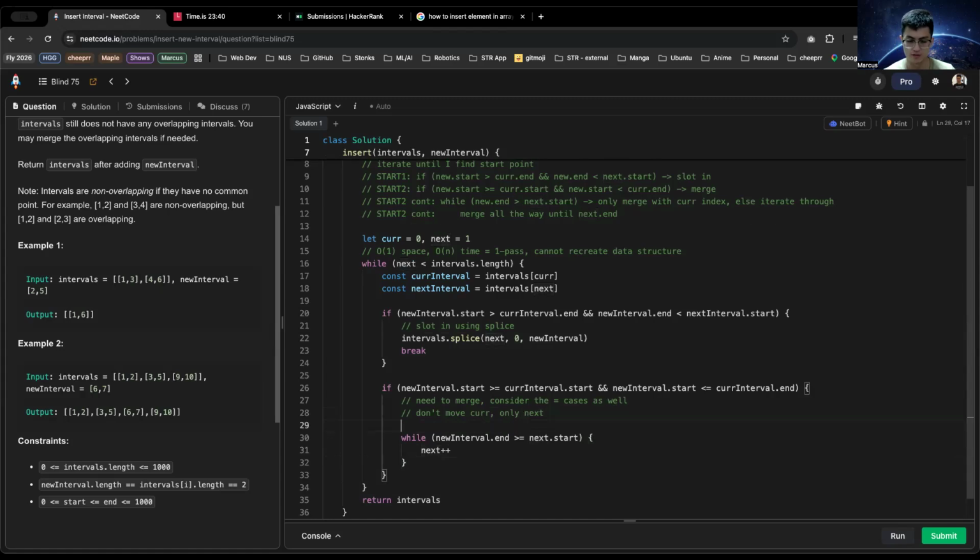So hold up. I need to let iterated next equal to intervals. Wait, hold up. This is very basic. I think my brain is farting. Because if I iterate next, it doesn't change anything. Next dot start, I can't do next dot start. I have to do